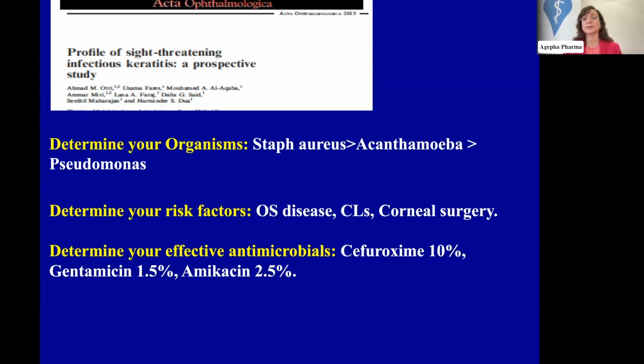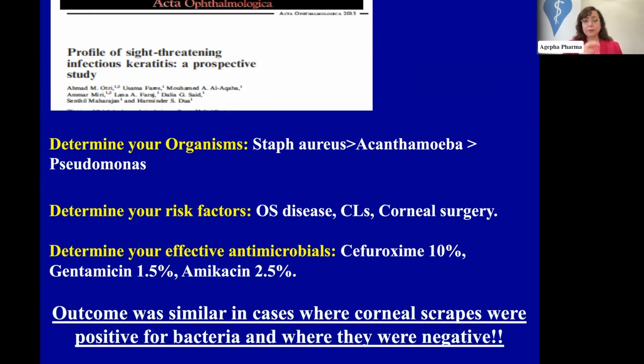So for us, it's standard to use intensive antibiotics of cefuroxime 5 to 10% and gentamicin or amikacin fortified as starting combined treatment for all our inpatients. And we did find that the outcome was actually similar when the corneal scrapes were positive or negative. And that tells us that our specific technique of treating our cases in this part of the world works for us and helps us to resolve